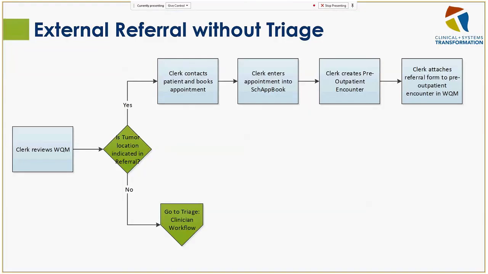The similar process, external referral without triage. In this instance, the clerk would review the work queue monitor. If the tumor location is indicated in the referral, and once again, this is very specific to BC Cancer Vancouver, the clerk can contact the patient and book the appointment, enters the appointment to Chatbook, and creates the pre-outpatient encounter and attaches the referral form to the pre-outpatient encounter in work queue monitor. If the tumor location is not found in the referral, then my suggestion would be to have the clinician triage. Once again,